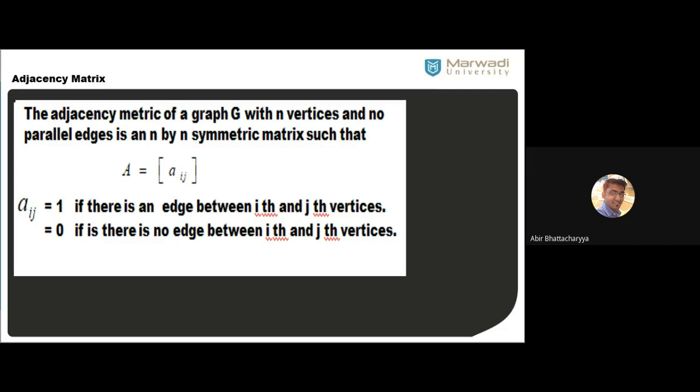The adjacency matrix, not metric, it's matrix. It's very bad to write this. Adjacency matrix of a graph G. So first note it down without thinking anything. Note it down, I will let you know about the things. Each and every concept I will let you know with an example. So first note down the definition which can be asked in your exam.